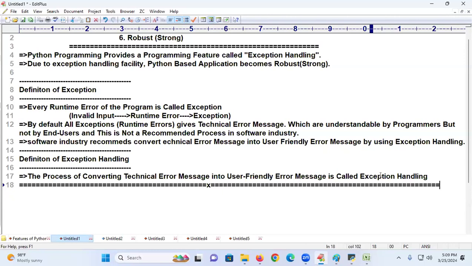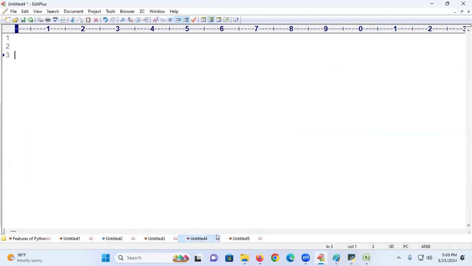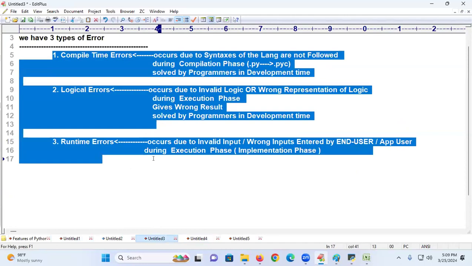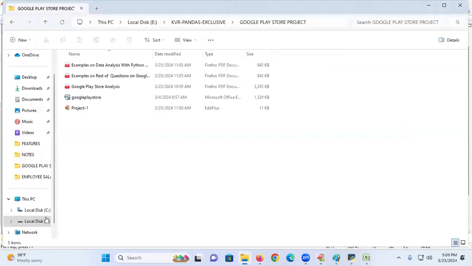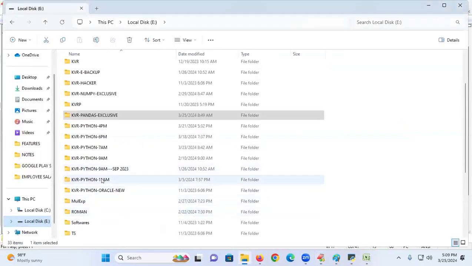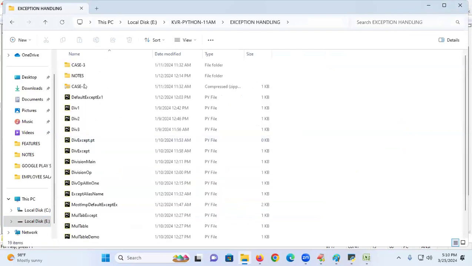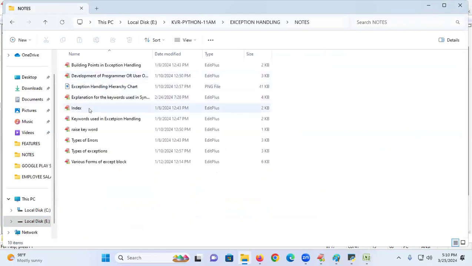I will explain these errors and all those things very perfectly for you. I said some error names now. These errors, I'll give you a very big discussion when I go to exceptions. Go to my 11 a.m. batch or any batch of mine, you take it. Exceptions topic, exception handling. This is a folder, a separate topic. There I am explaining. My notes, you see. Exceptions index I will show you.